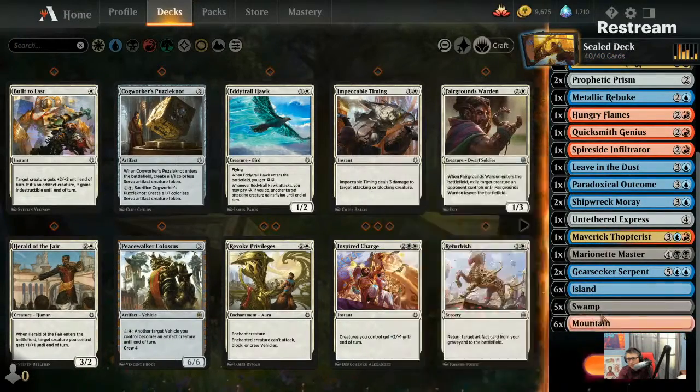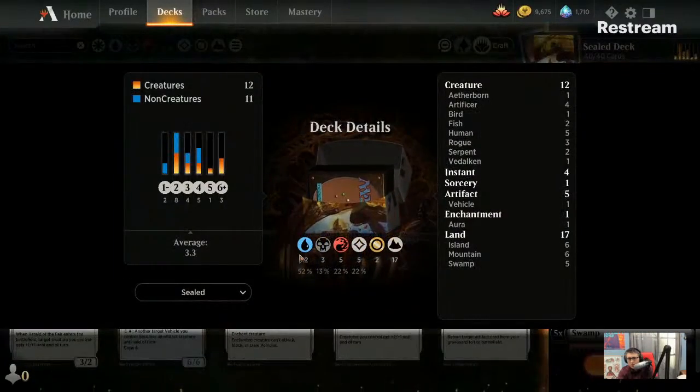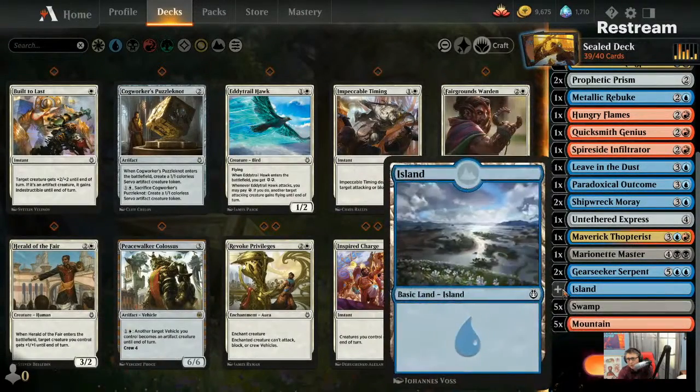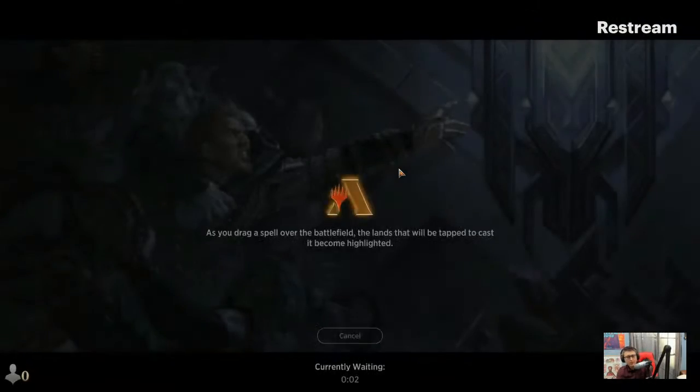We're at 6, 5, 6 with a lot more blue sources. 12 sources versus 5. So taking out a mountain, putting in an island, 7, 5, 5. Yeah. All right, let's do it. Going 3 colors is always risky, but